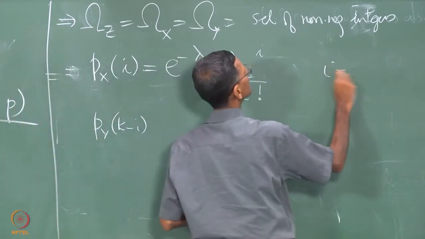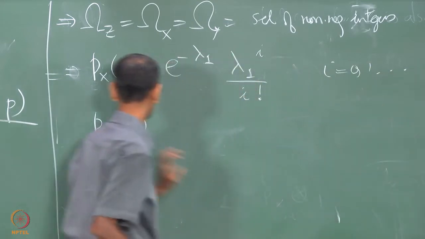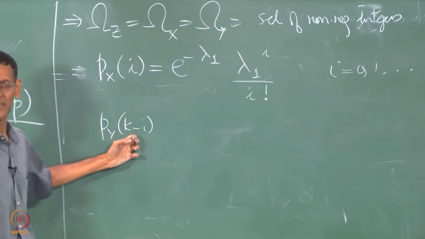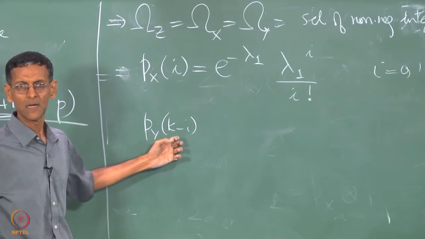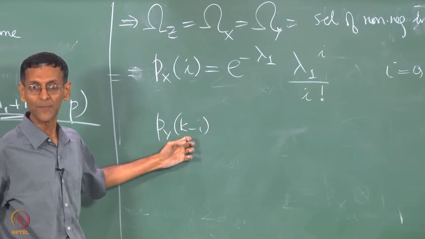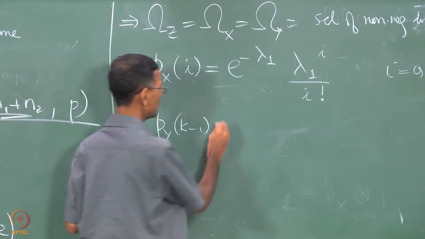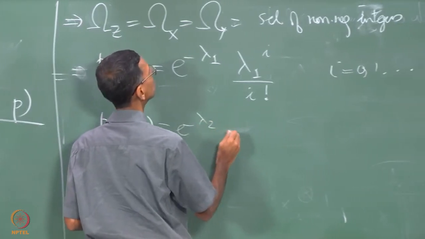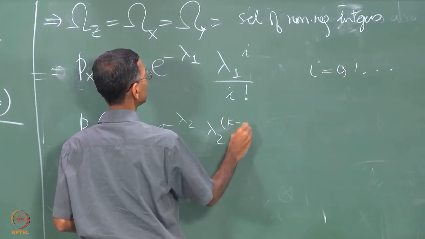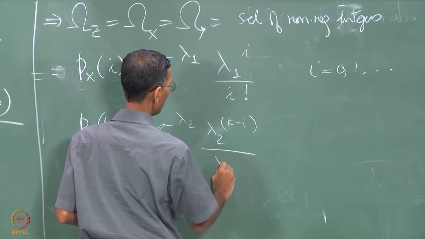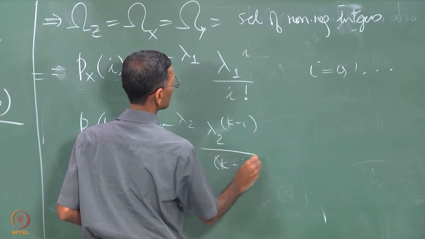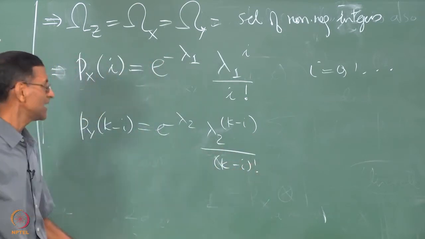So this is i equal to 0, 1, 2, and so on. I am going to directly put k minus i here because I don't want it in any other form. I want just k minus i, isn't it? So this is going to be e power minus lambda 2, lambda 2 to the power of k minus i divided by k minus i factorial. Now k minus i is between